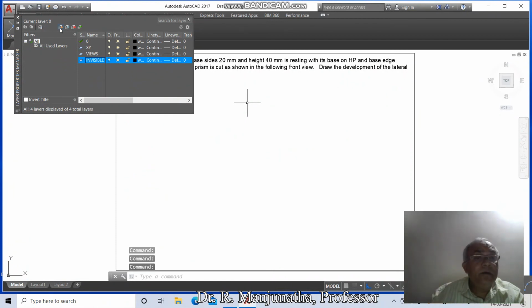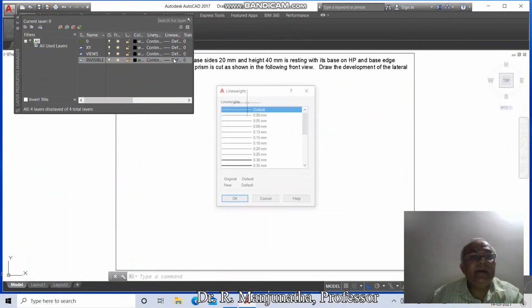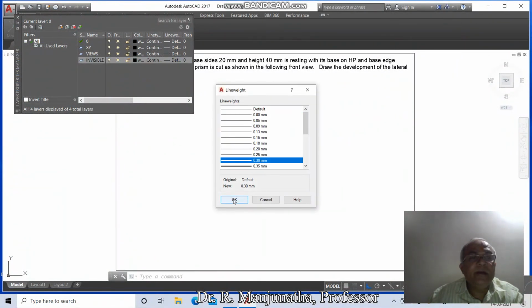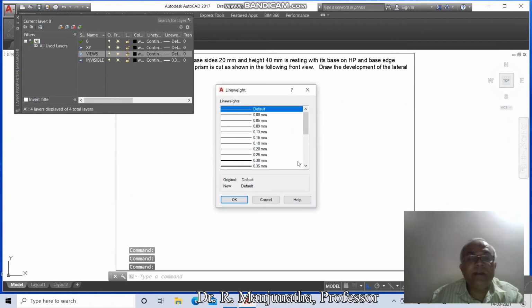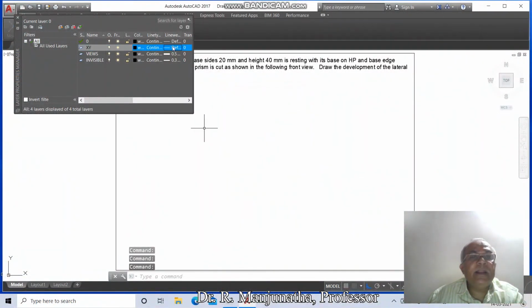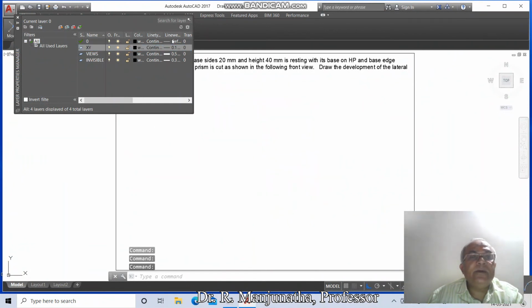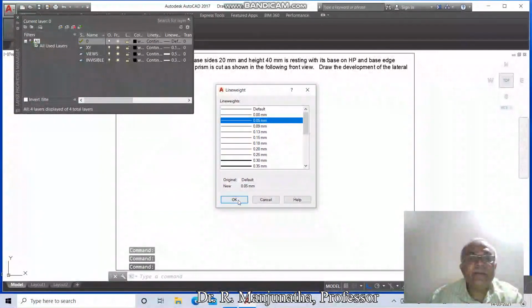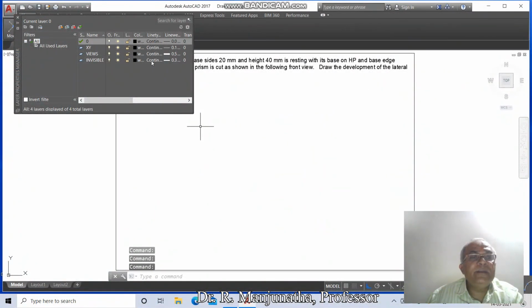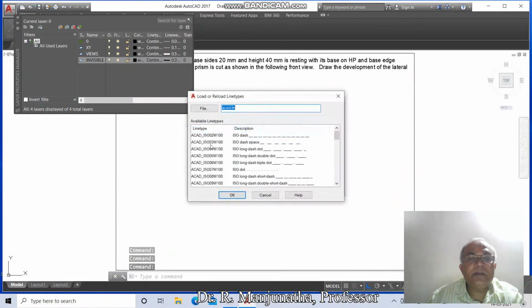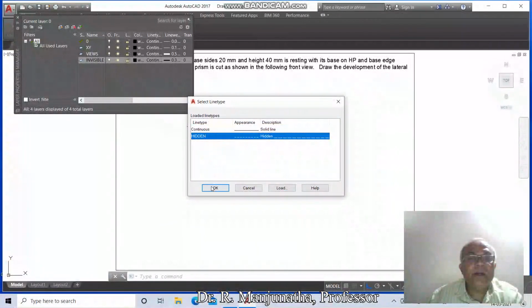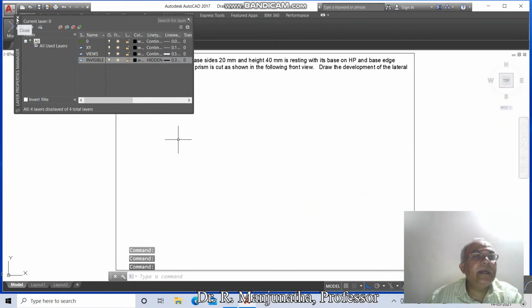Then go to invisible layer line weight, make it 0.3, views layer line weight 0.5, XY line weight 0.13 and 0 layer line weight 0.05. Then go to invisible line type, click on load, click on hidden and say OK, and close the layer command.